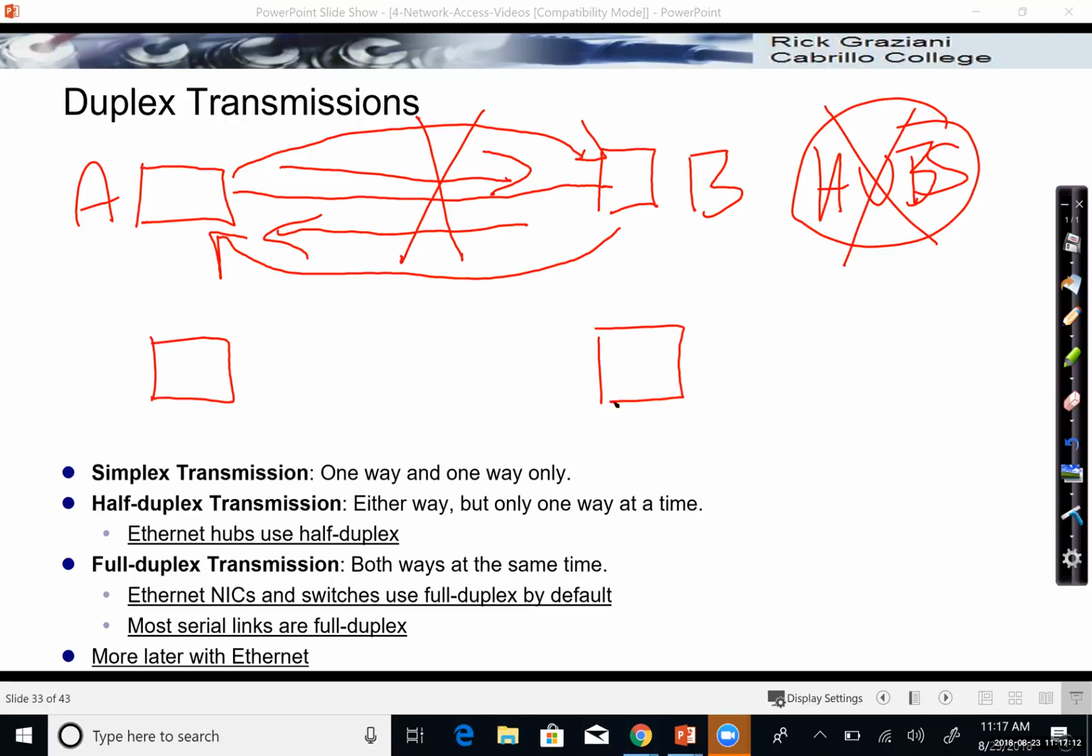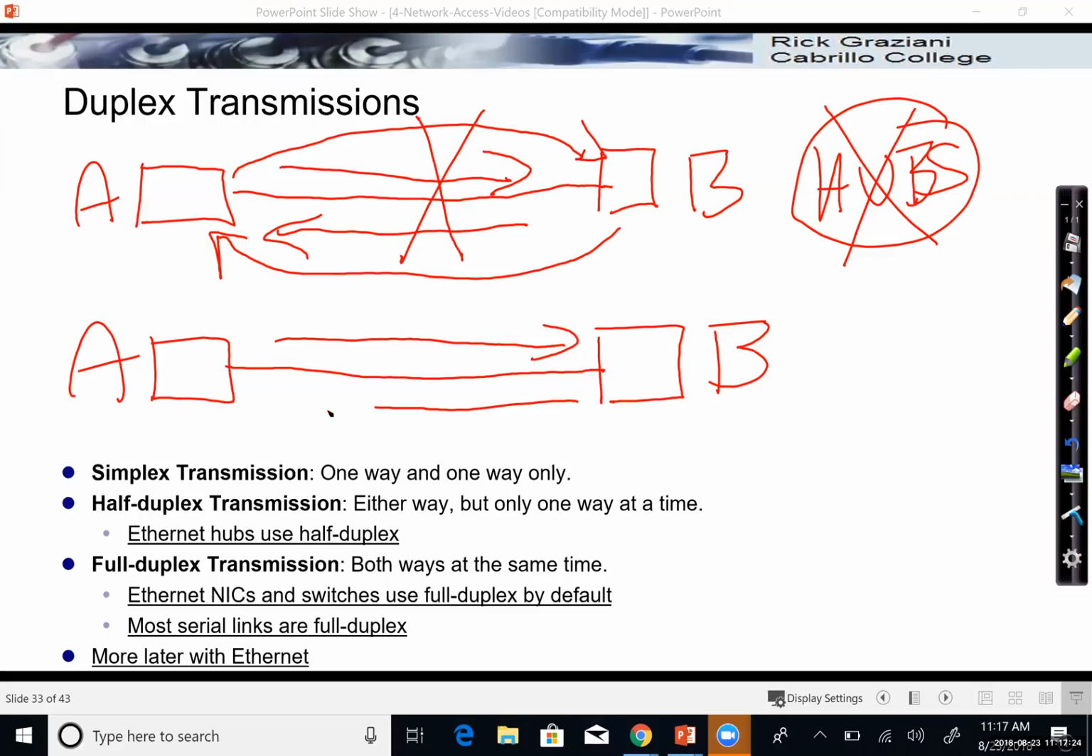Two devices here. Let's put A and B. And what full duplex is both ways at the same time. So A can be sending to B and B can be sending to A at the same time. So full duplex transmission is what we see in most cases nowadays and is what's most commonly found in Ethernet. So with Ethernet switches,